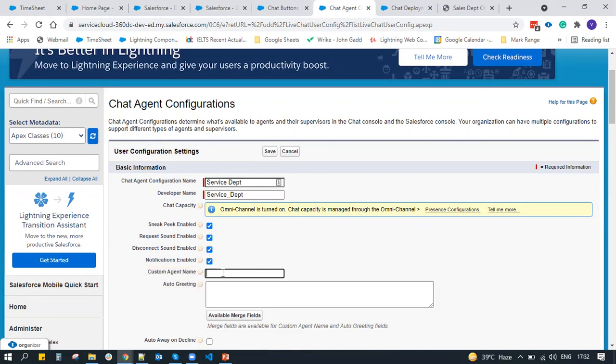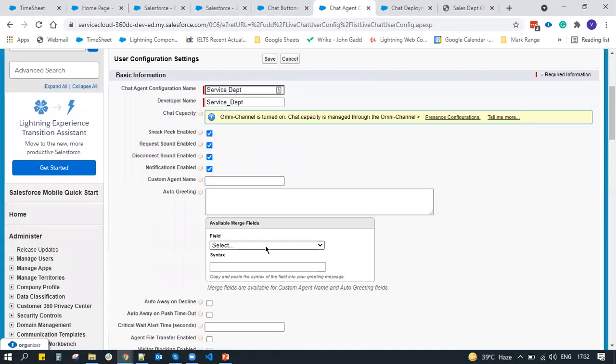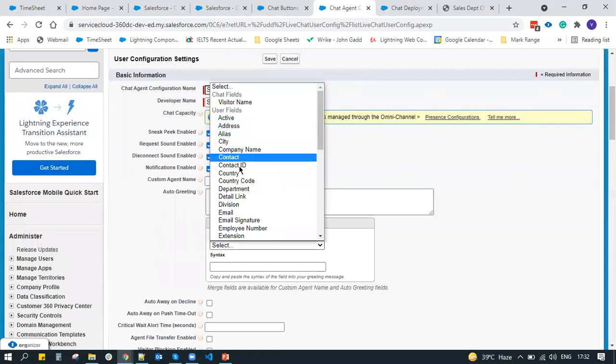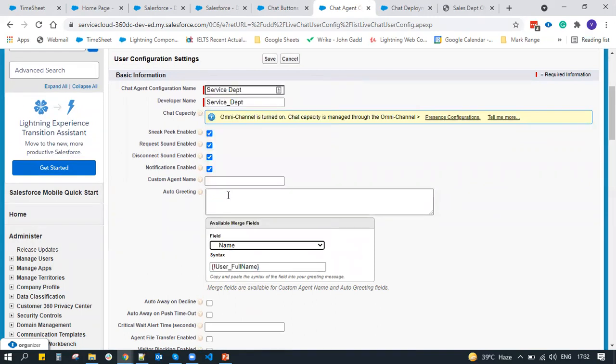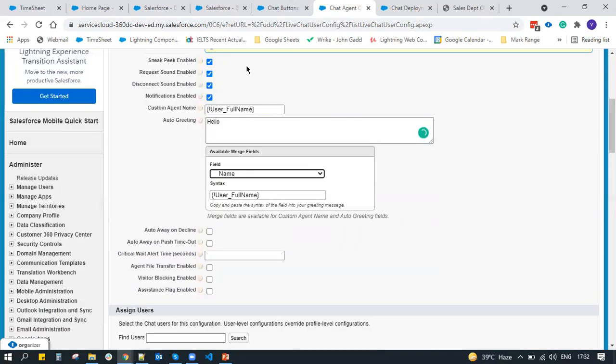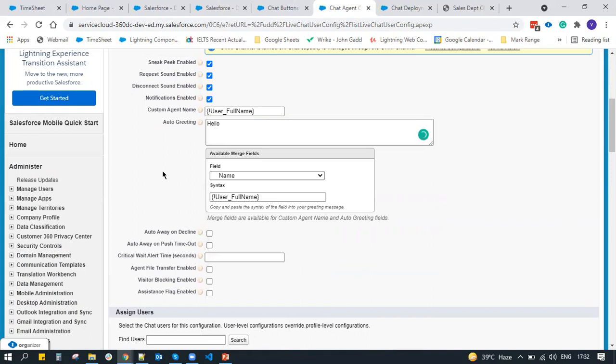Notifications, customer agent name, if you want to show. For that, you can copy from here. Name, copy it down, you can paste it here. Visitor name. You must be wondering, we have already done this thing in the chat button section, then why are we doing this here?